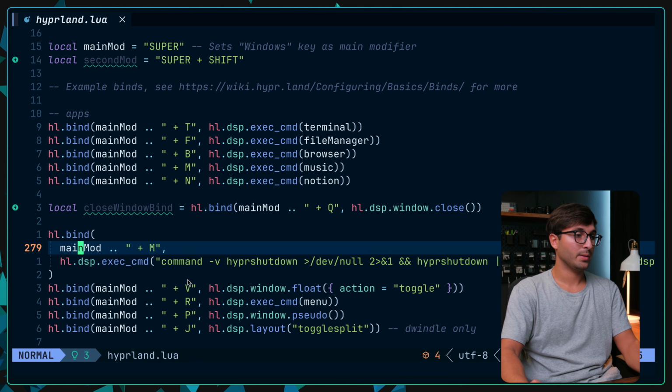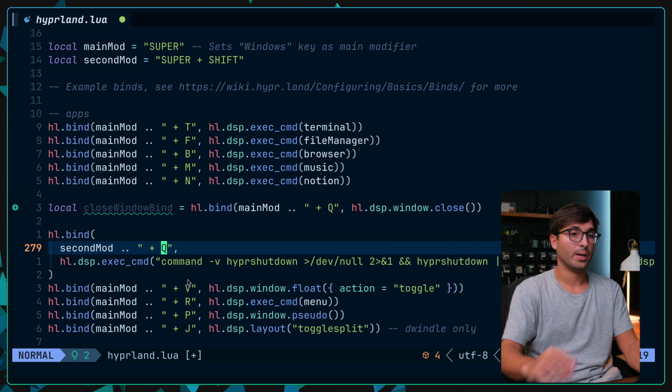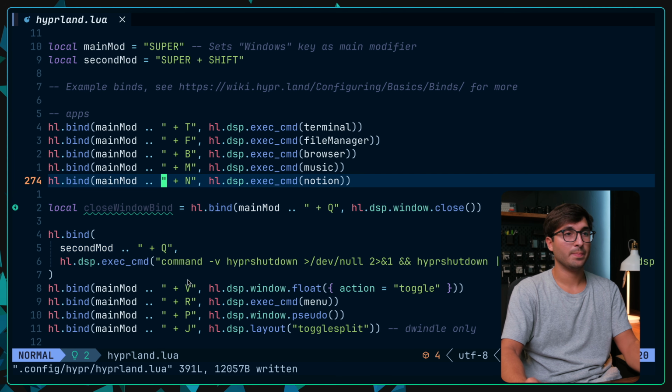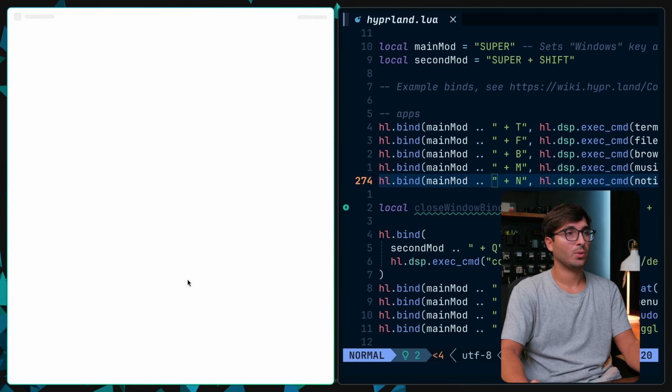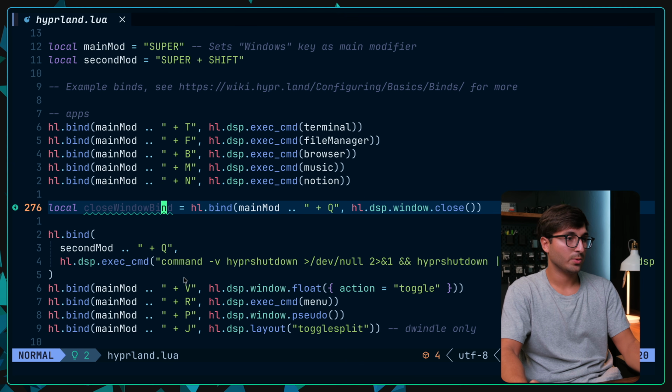So I'm just gonna change this to second mod, which is super plus shift and then Q. So super shift Q will exit out of Hyprland, and save. And if I do super M, that'll open up Spotify, and super N will open up Notion as a Chromium app. Now this variable here isn't really being used for anything, so I'm just going to delete all this and